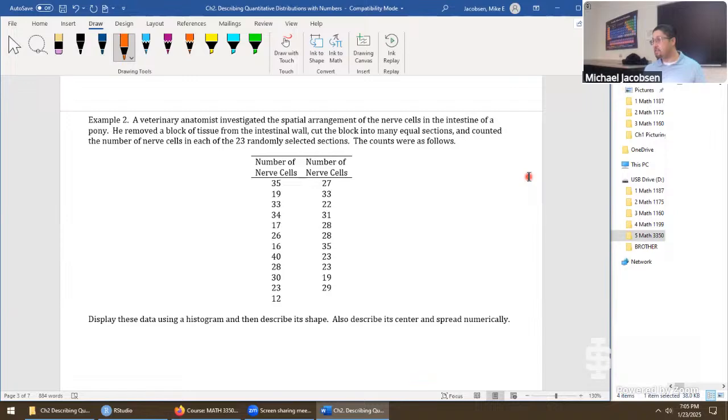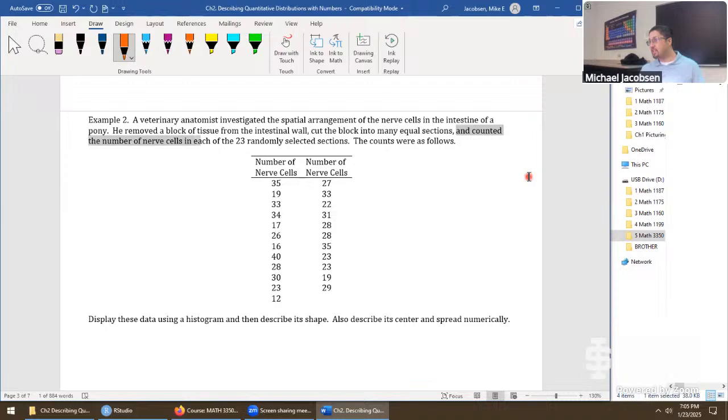Here's what the anatomist does. He removed a block of tissue from the intestinal wall. So imagine you have a cube of pony intestines. He took that cube of meat and cut it into many equal sections. So imagine now we have slides of that one section that was removed, lots of cross sections, maybe under slides to be put in a microscope.